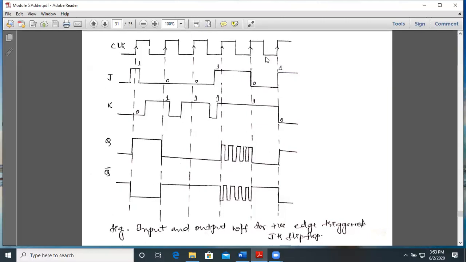Here in this particular clock signal, we have J as 0 and K as 1. So obviously it is the reset state, and that reset state is being shown over here. So for all the cases here, it is being shown for J and K, different cases, what will be the output of Q, and Q bar will be the complement of Q.